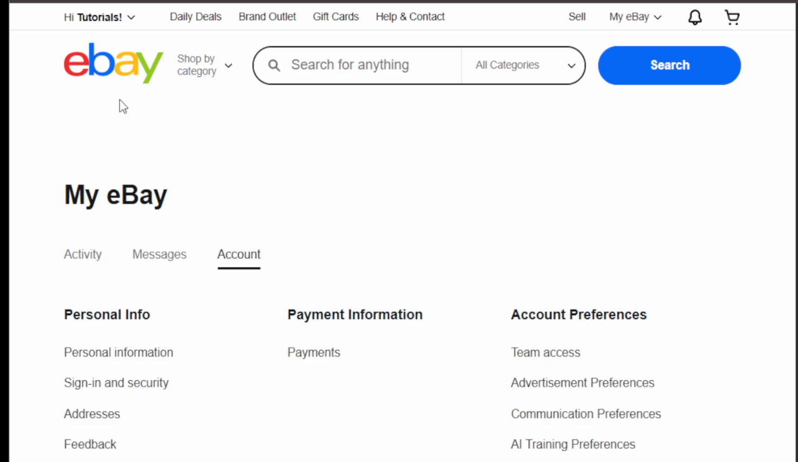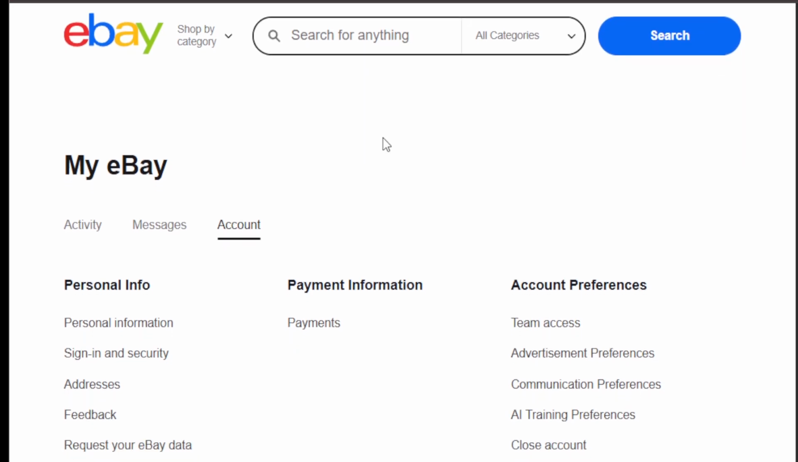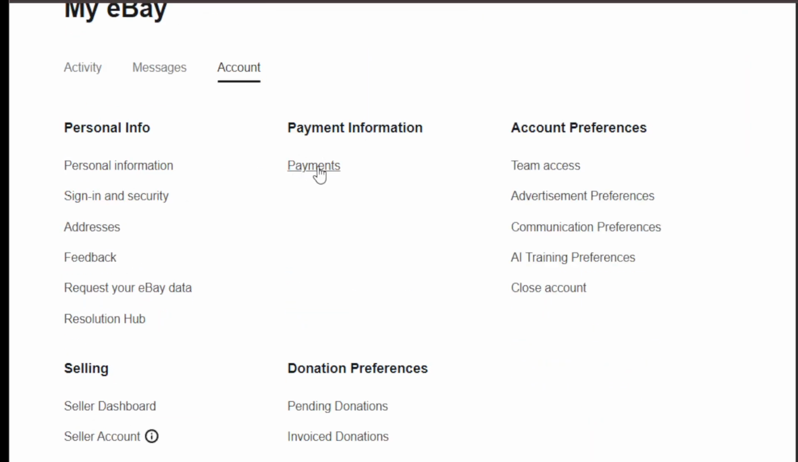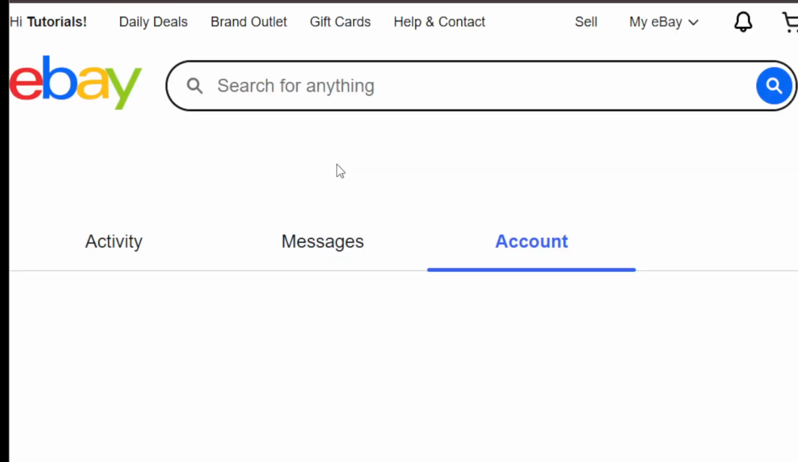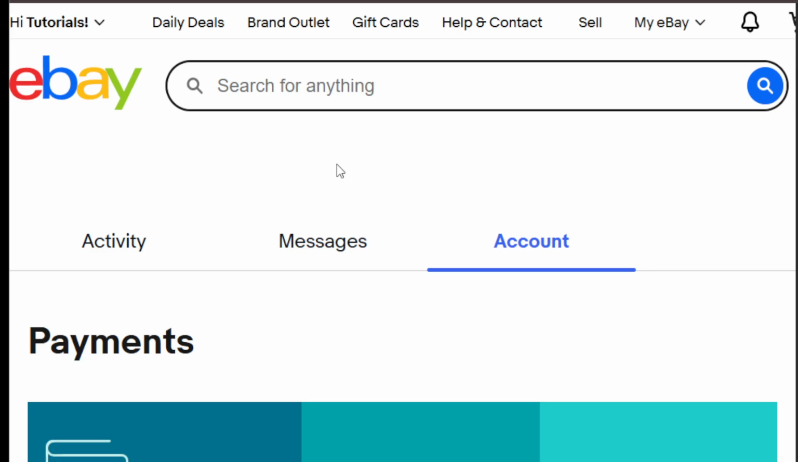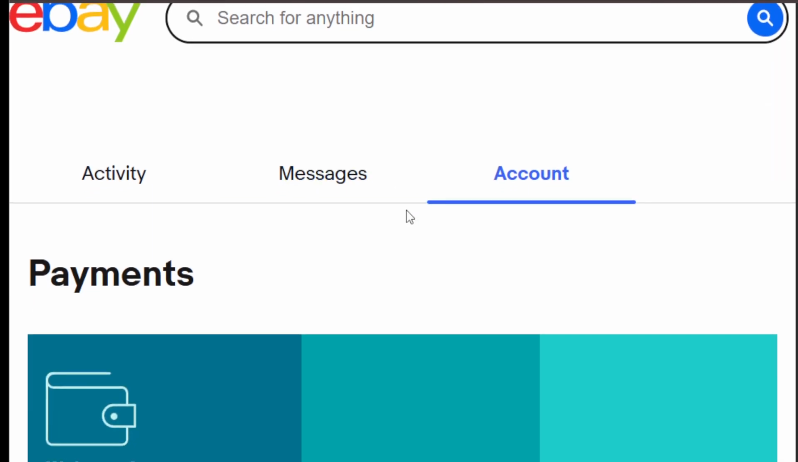Next, you'll want to focus on the Payments section. In the account settings, you should see an option labeled Payments. Clicking on this takes you to the area dedicated to managing how you pay for things on eBay. It will typically show you any existing payment methods you've got linked, but today we're concentrating on adding a new